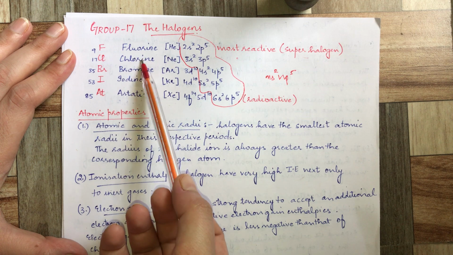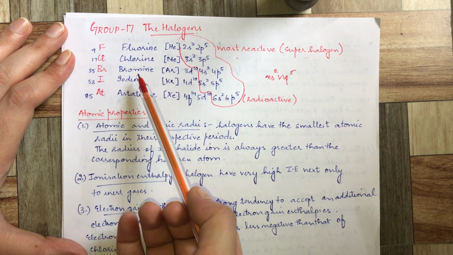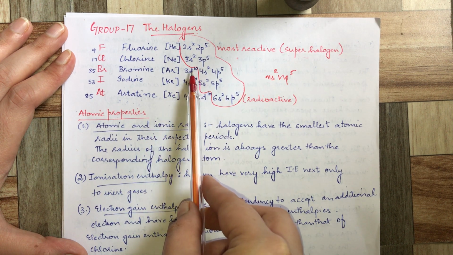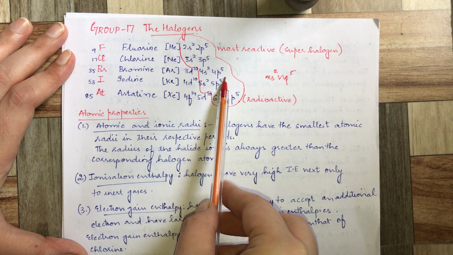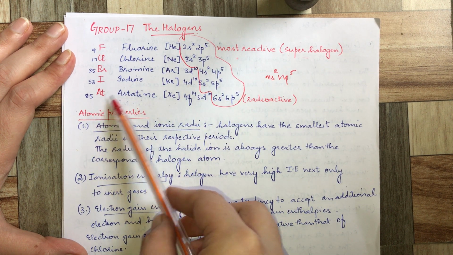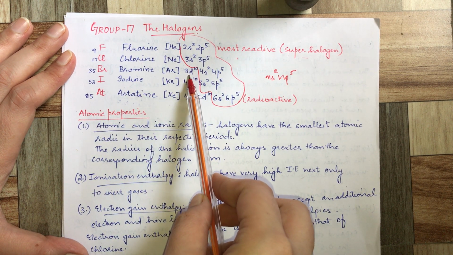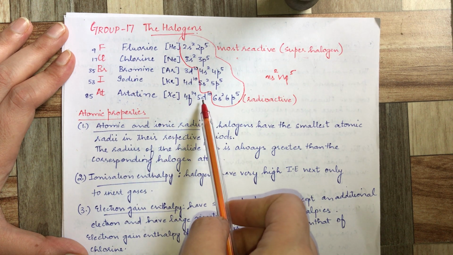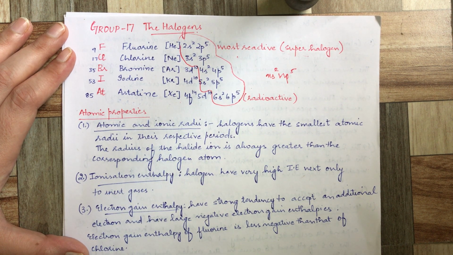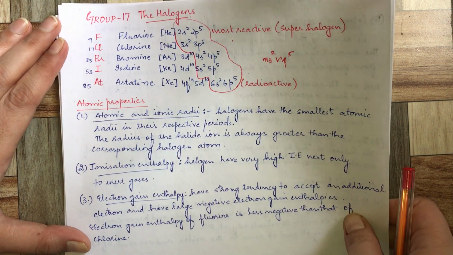As we move down the group, like from bromine, iodine and astatine, you can very well see that the valence shell electrons are not well protected from the nuclear charge because of the poor screening effect of d and f electrons. This we have already discussed in detail in the 16th group. So let's come quickly to the atomic properties.